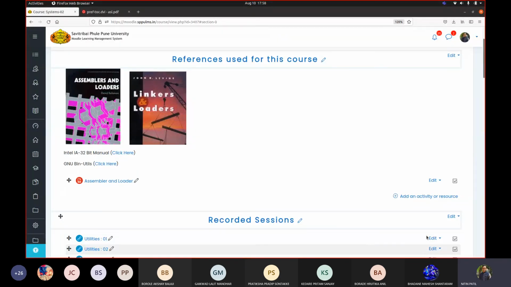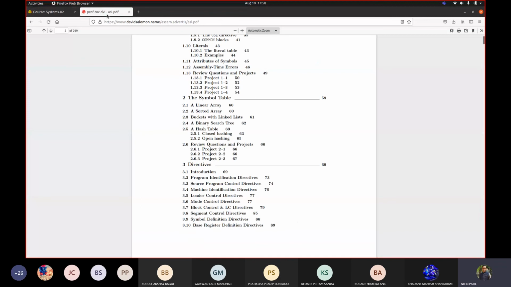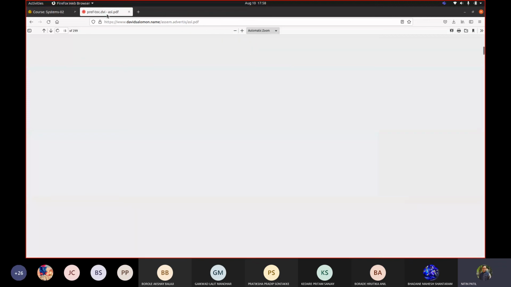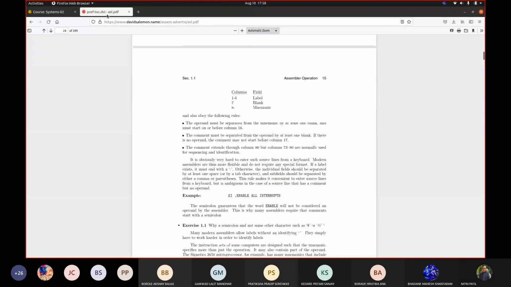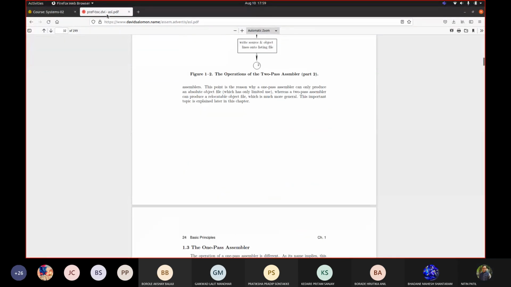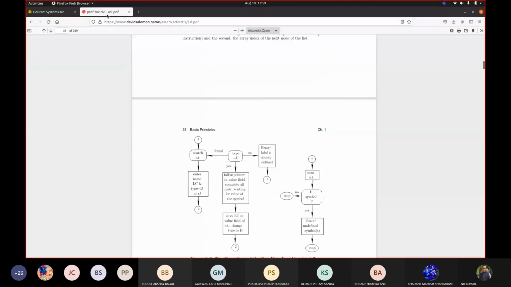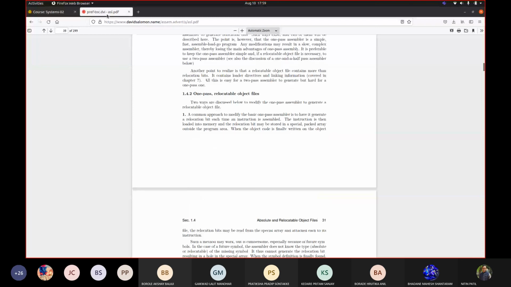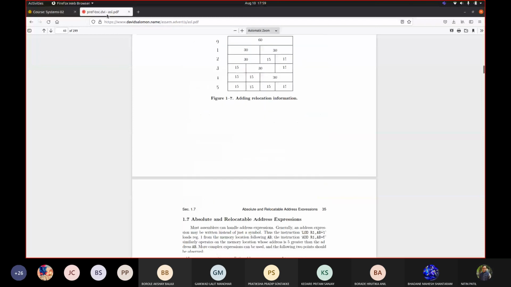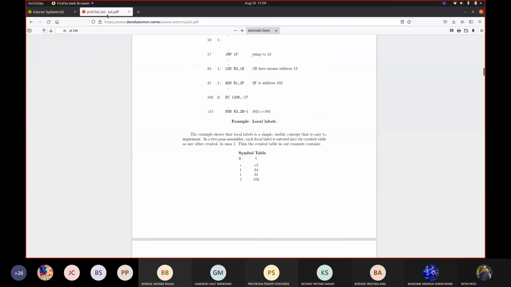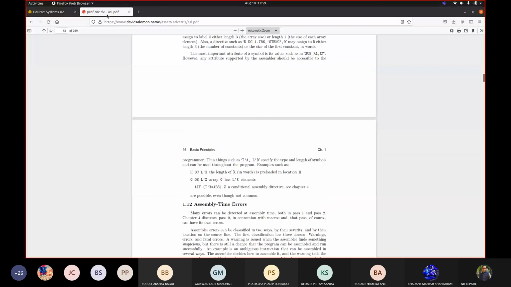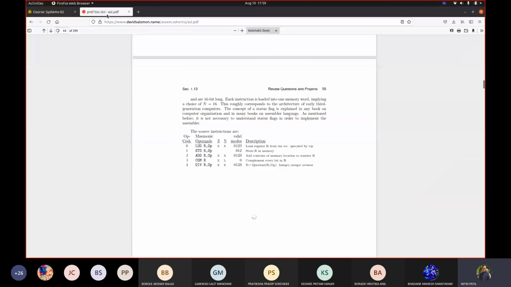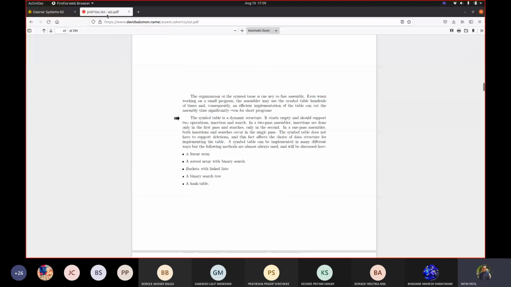Okay, in this chapter, what are the different types that it is suggesting in chapter number 2? Let us see. Go to chapter number 2.